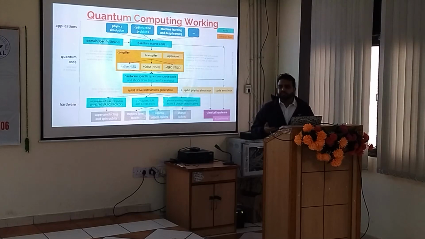Companies are improving. So vendor locking I may not find any problem in the future, because everyone is now developing quantum computers and they are claiming that they are supporting this number of qubits. So vendor locking may not be an issue, but right now it is an issue because for us also we are using AWS also.